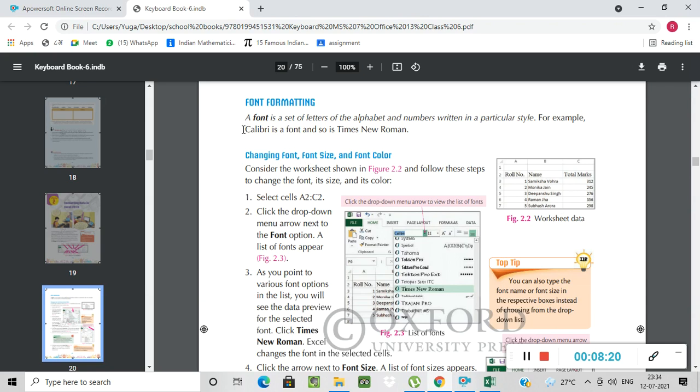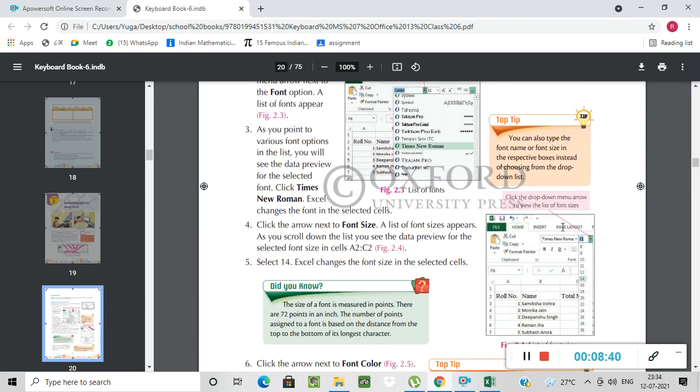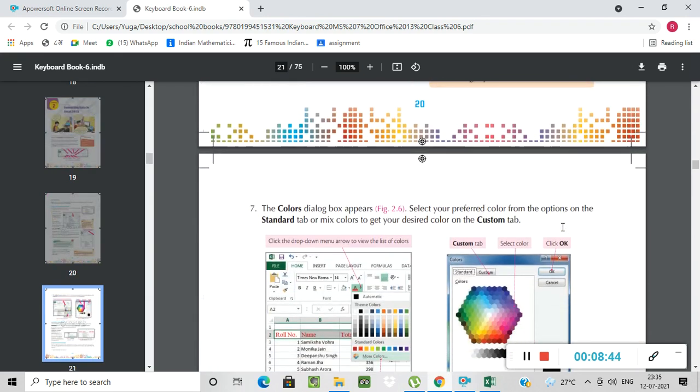Calibri is the default font style there. This is a font and so is Times Roman. You can select any font style from there. Changing font size and font color, you can use here. I already told you what is in the font group and how to use it.